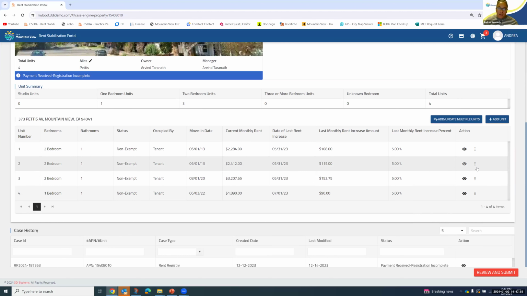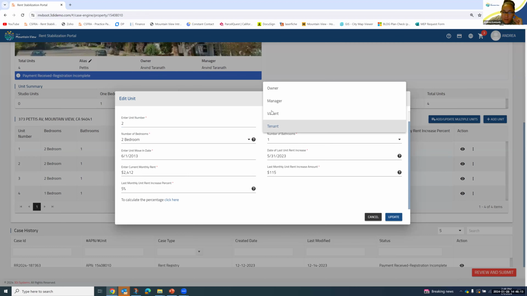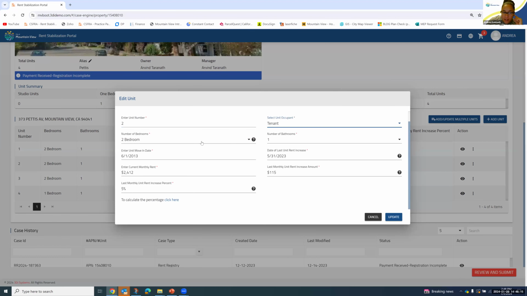Okay. So let's say I want to edit this unit number 2 here. So I'll go in and edit. And it will just ask me who's occupying? I'll say tenant, number of bedrooms, number of bathrooms, the move-in date of the tenant you want to put in. And then you want to put in the date of the last rent increase.